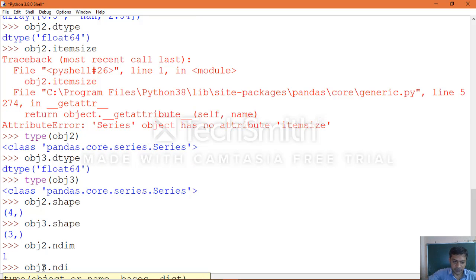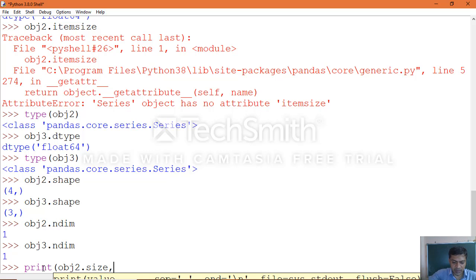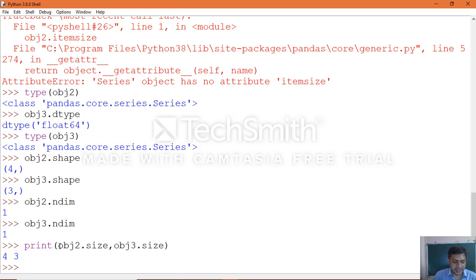Object 3 is also one dimension, because a series data structure is one dimensional by default. Now check the size of both objects in a single statement, obj2.size, obj3.size. Object 2 size is 4, the total number of elements, and object 3 has 3 elements. You get 4 and 3 as output.